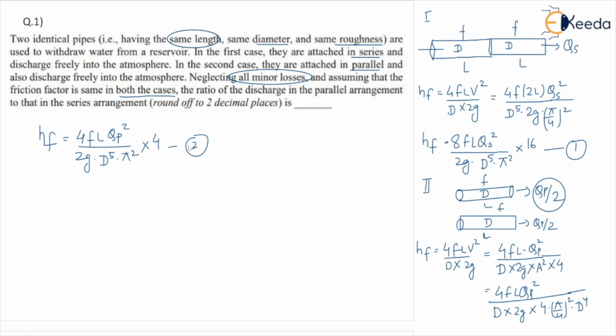Okay. So the only thing is velocity is discharge by area, and discharge I have taken as QP by 2. So QP square by 4 here, and the area is pi by 4 D square. So finally we are getting, this 4 times 4 is 16 and this 4 is here. So the 4 and 16 get cancelled. This 4 will go into the numerator. Now the final step. Both of these are the head loss due to friction, so we can equate. So from 1 and 2 we can write.